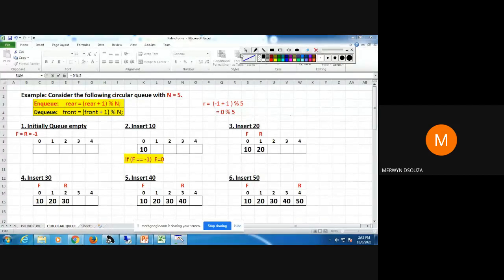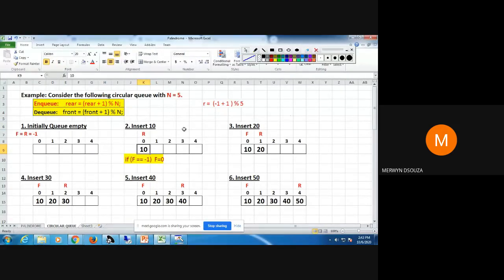So that's why here rear will be present at this index 0, and wherever rear is present, there I insert the value that I want to insert, that is 10.